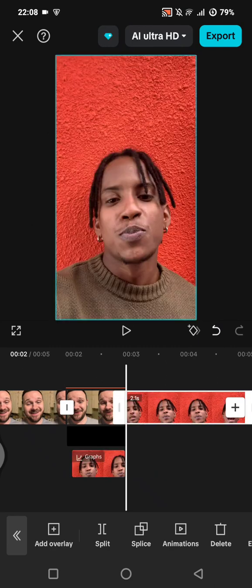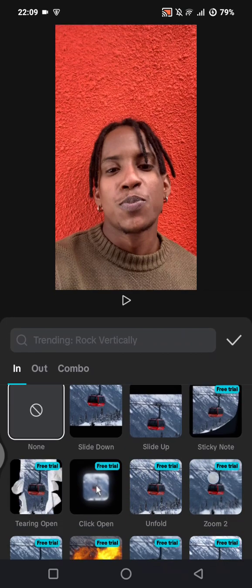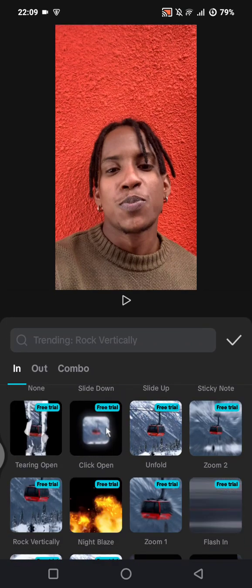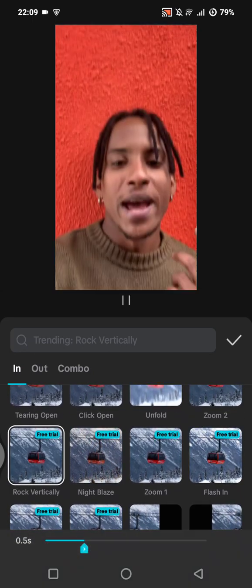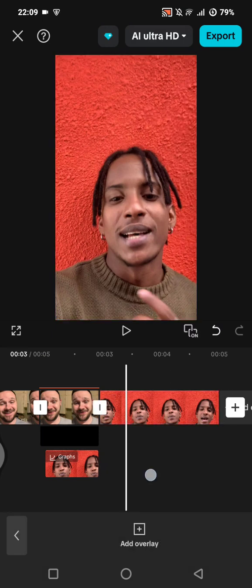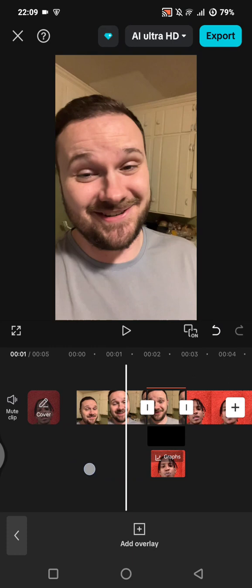Click on the second clip, animations, and you can just choose the one that you like. I'm going to just use this rock vertically animation. Click on the check icon, and that's it. So if you have more clips, you can just repeat the steps